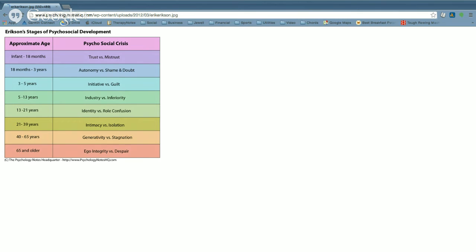I might have to look it up myself. But basically, my answer is, how is intimacy versus isolation, how is the resolution of that task, different today than it was 50 years ago? And the primary answer is that